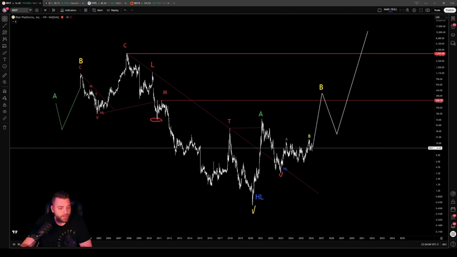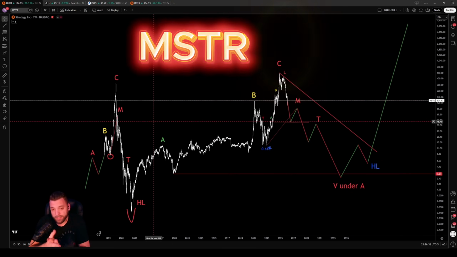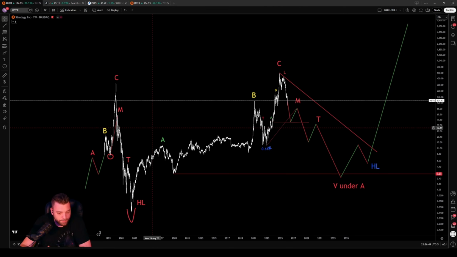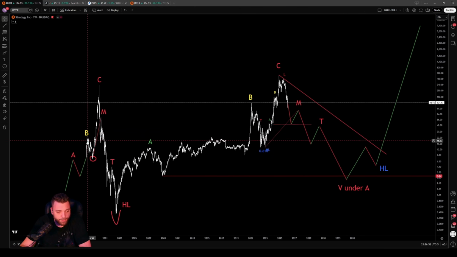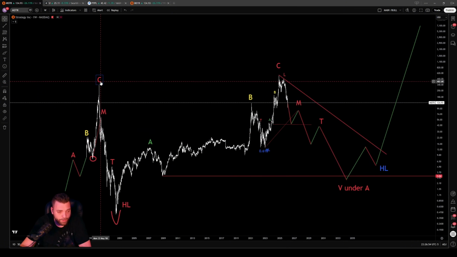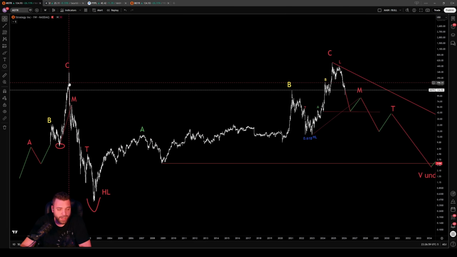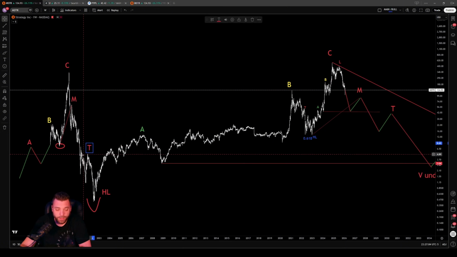Next one is MSTR. MSTR is the complete opposite to RIOT. So my main tracking for MSTR is absolutely bearish. There's a bullish alternative, but let's start. MSTR started its fractal in its B, went to its earlier all-time highs. This was our C. Our lower high is somewhere in here, then midpoint, knife down to our T, knife down